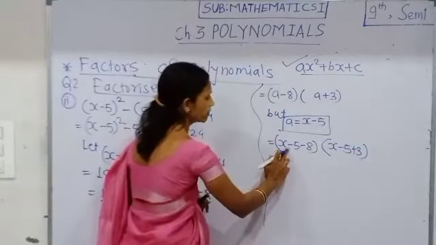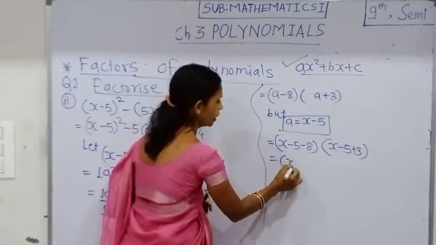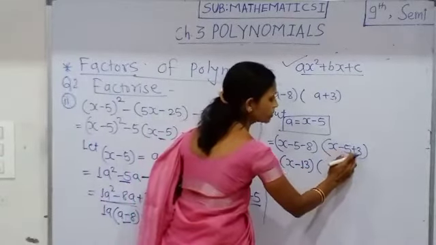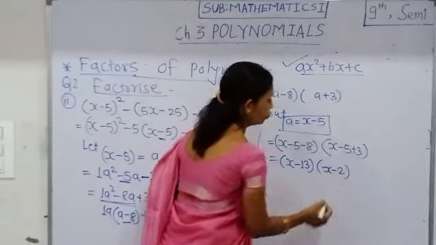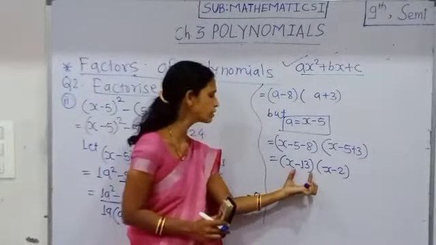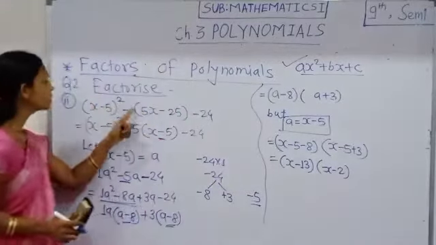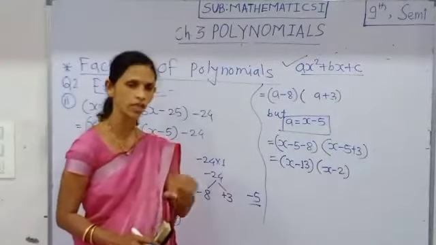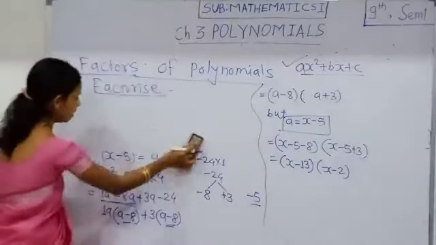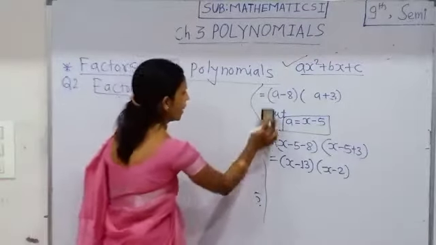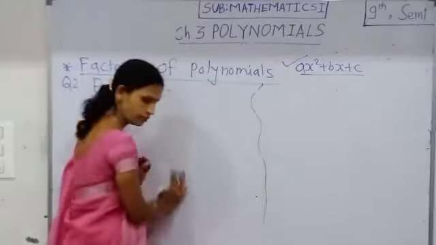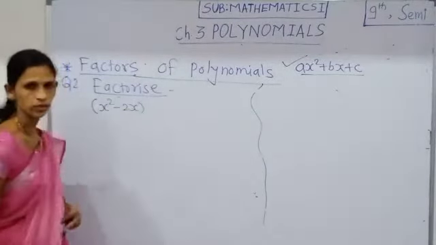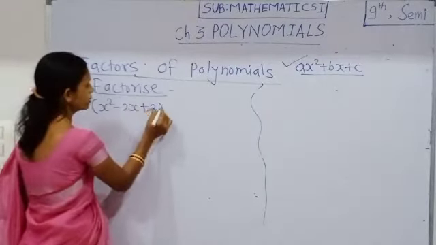Simplifying this, x minus 5 minus 8 gives x minus 13, and x minus 5 plus 3 gives x minus 2. Those are the factors, that is x minus 13 and x minus 2 are the factors of the given polynomial, which is the second example in question number 2 from practice set 3.6. Let us solve a few more examples like those from practice set 3.6. One more example is given here, that is x square minus 2x plus 3,